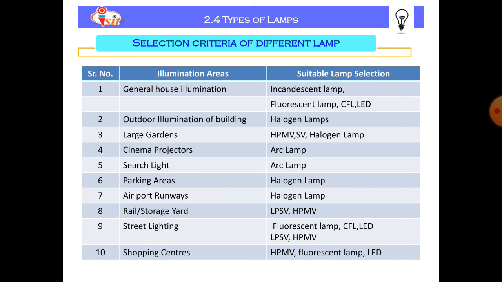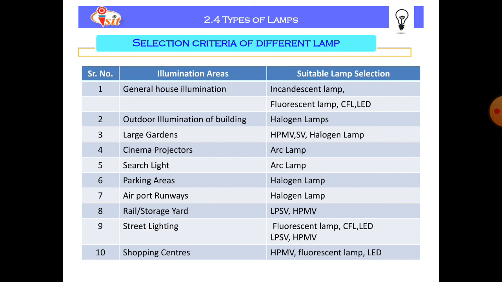For that purpose we have to select arc lamps. Then the next one is searchlight. For that purpose also we select arc lamp. The next one is parking areas. For car parking or vehicle parking we use halogen lamp.